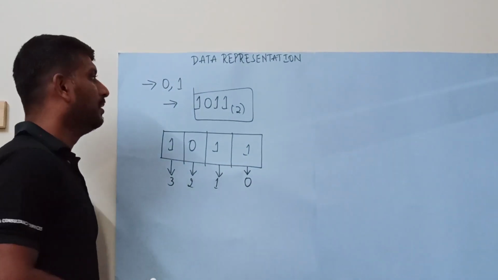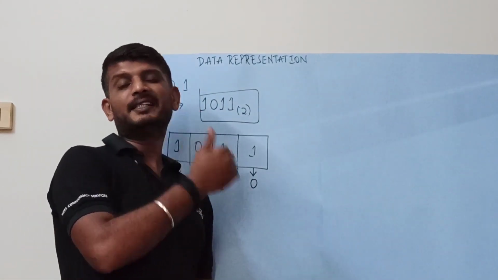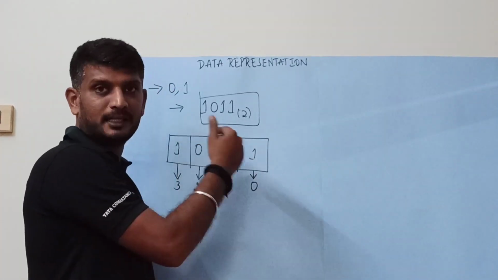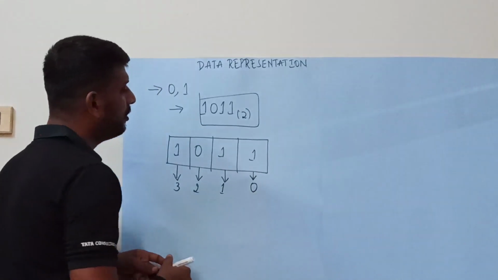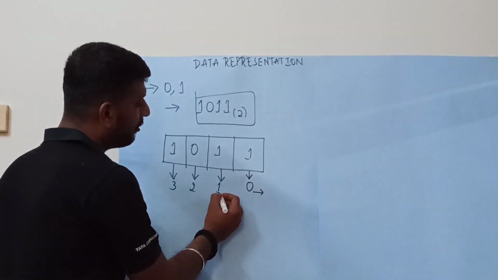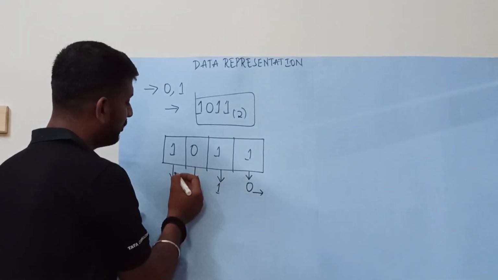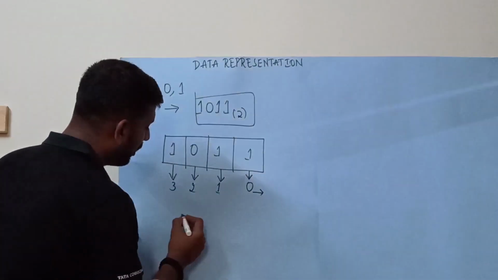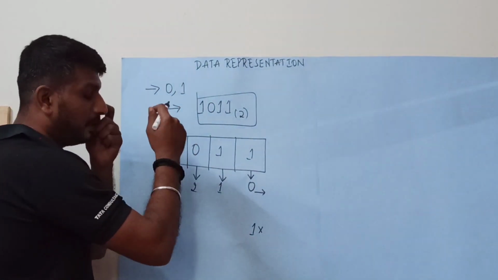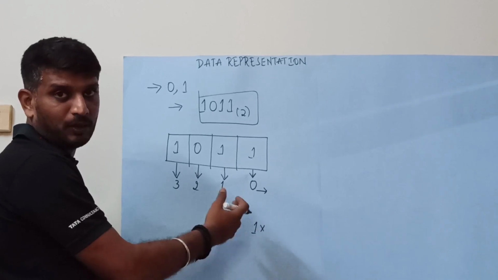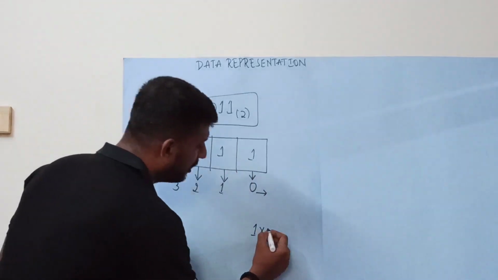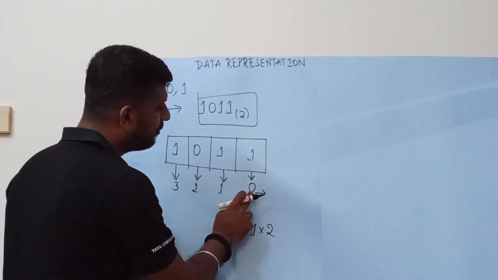Now to convert decimal to binary, we divided by 2. Now to convert binary to decimal, you have to multiply with 2. So I have told you the powers. This place is to the power of 0, this place is to the power of 1, this one is to the power of 2, and this one is to the power of 3. Now I have to take the first digit. As I told you, for conversion of decimal to binary we divided by 2, and to convert binary to decimal we have to multiply with 2. So into 2, what is the power? 0.